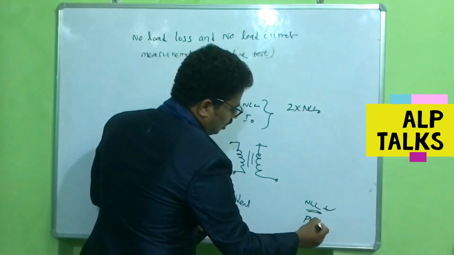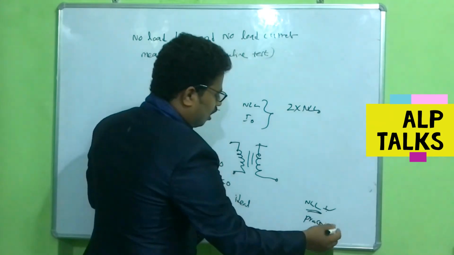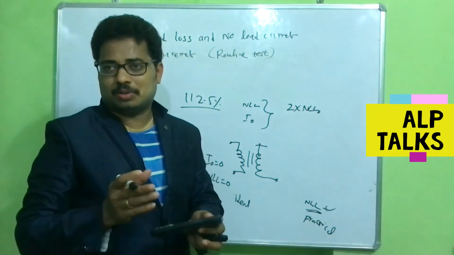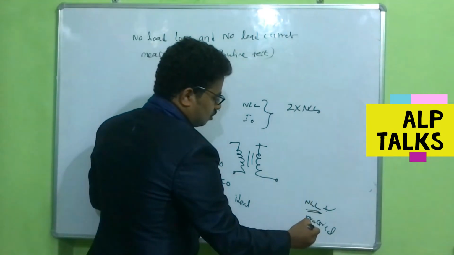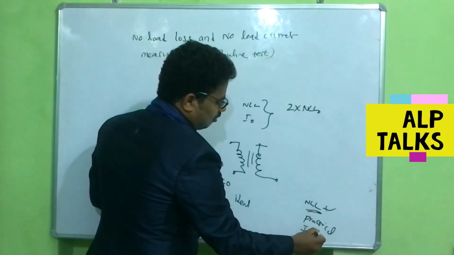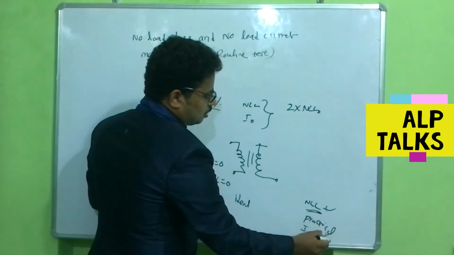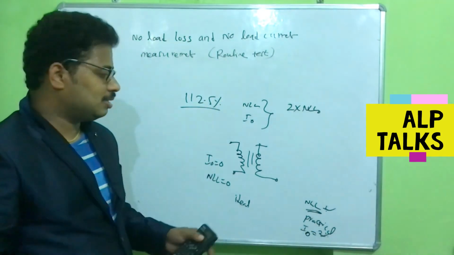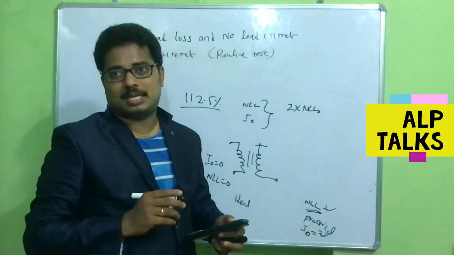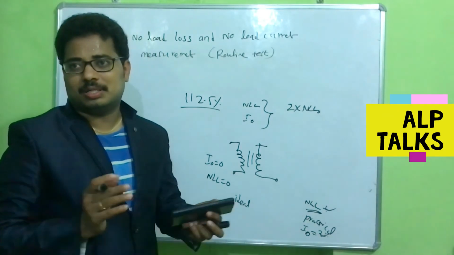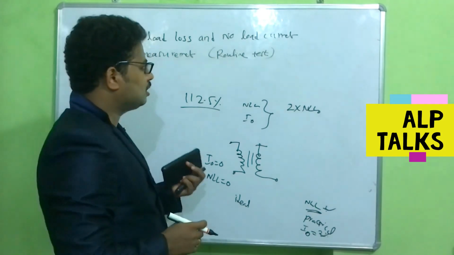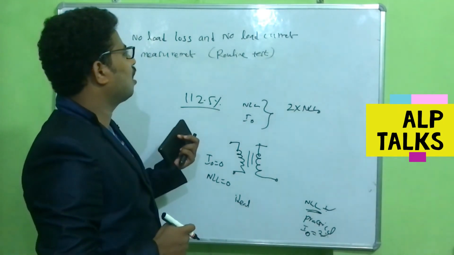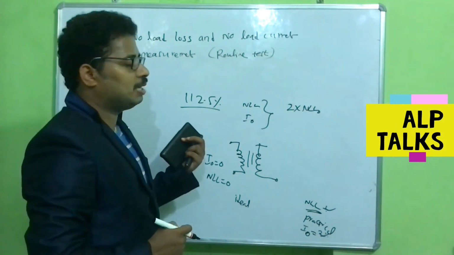Most of the practical cases we will get some no load losses. Similarly, for exciting that core, for magnetizing that core, we need some no load current also. So that value is not 0, it will be around some 2% like that. So these values purely depend upon the core construction, how the core is made, how the joints were made, everything depends upon it. Yeah, so this is about these guys, no load loss and no load current measurement.